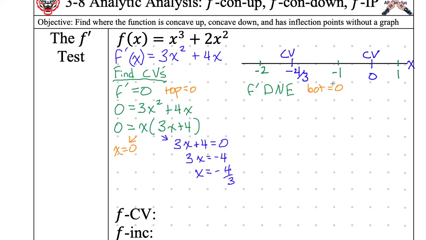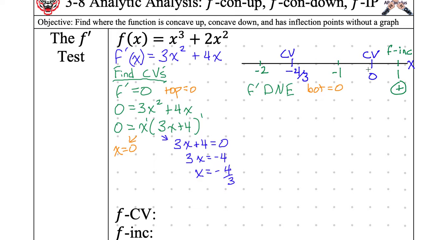Do we actually need those test points? Each of these is to the power of 1, right? So if we just find one of them, then we're good. Which one of these is the easiest? Negative 1. Actually 1. I think 1 is probably the easiest. So if we plug in 1 into the factored form of our f prime, is this part going to be a positive or a negative? Positive. Is this going to be a positive or a negative? Positive. All right, so this is going to be a positive, and therefore someone call it out. It's going to be